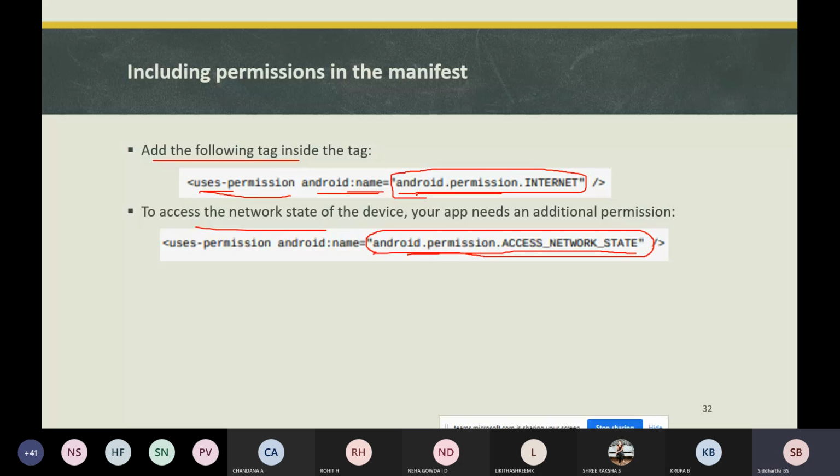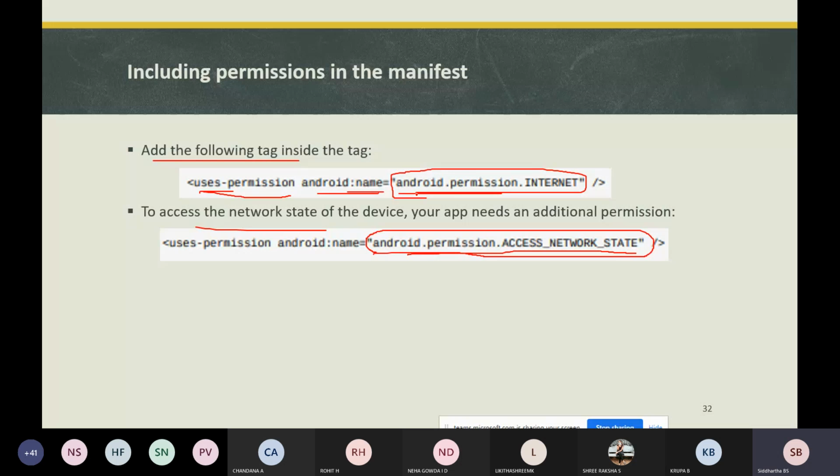Now NetworkInfo. This class describes the status of the network interface at a given time. It describes what the status of that particular network interface is, either mobile data or Wi-Fi.